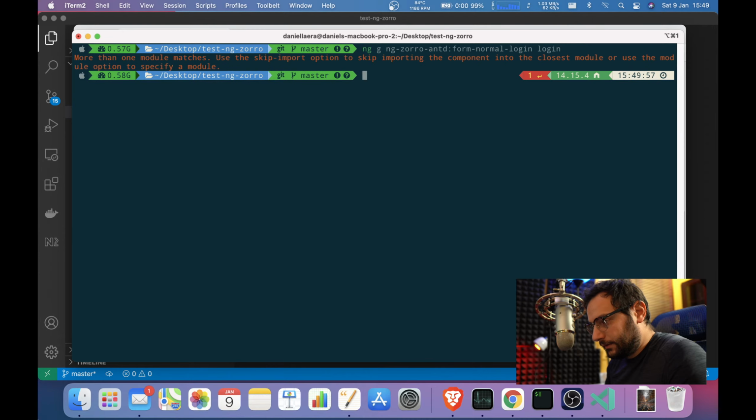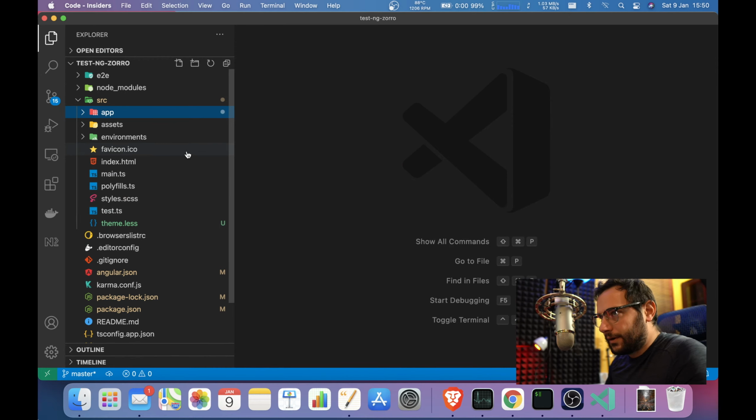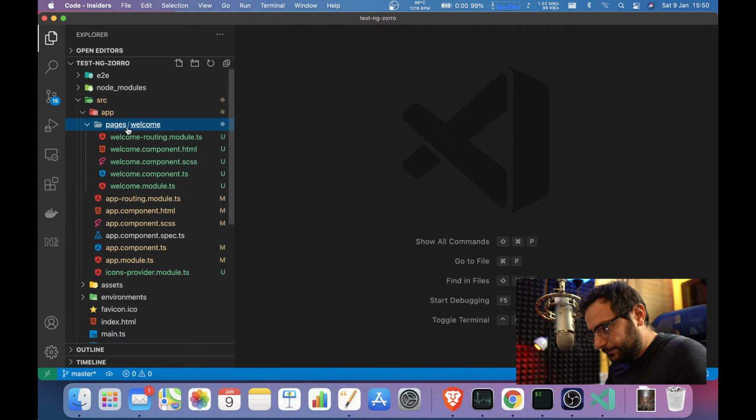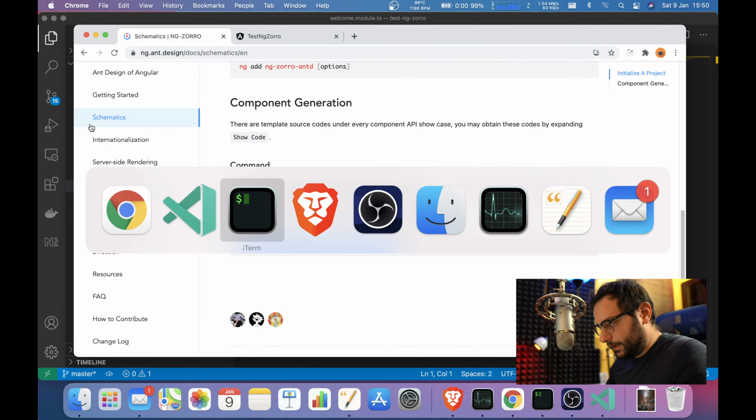Okay, more than one module matches. There is a skip import option to skip importing. Yeah, because it's trying to generate this component and module inside pages and welcome. Since we already have the welcome module, we should create a new module or just a component by typing